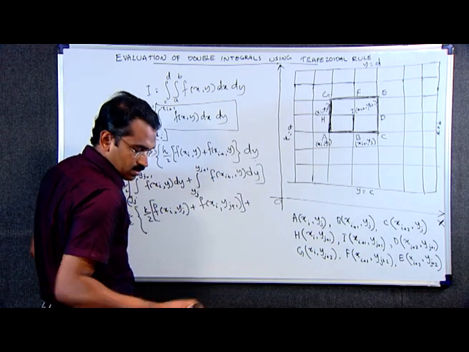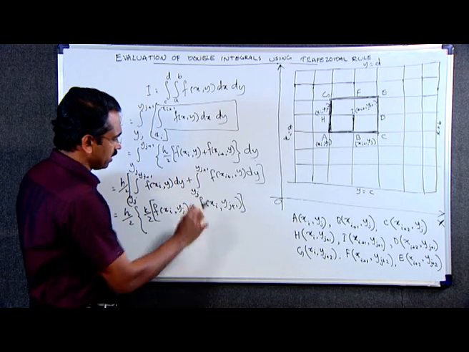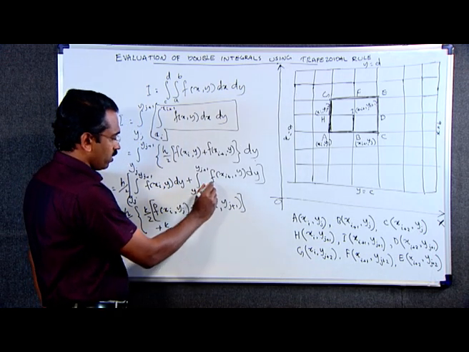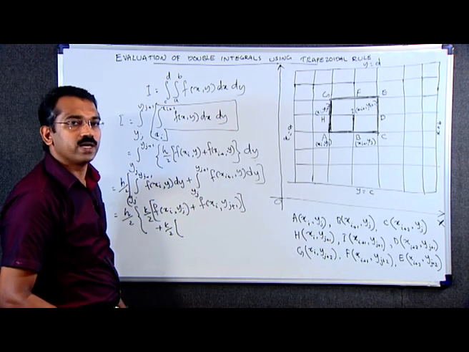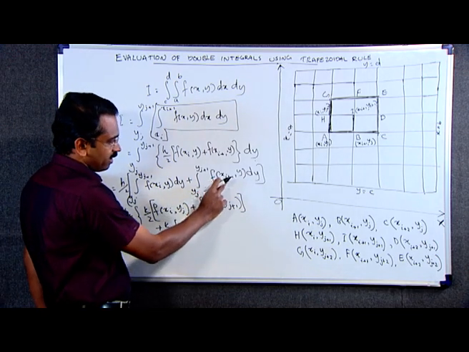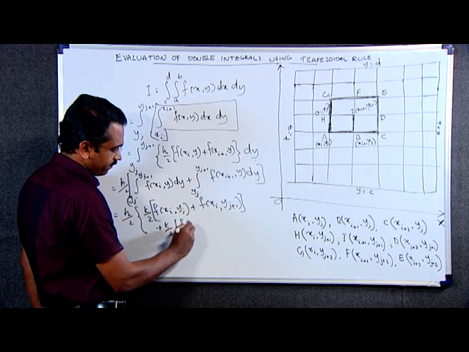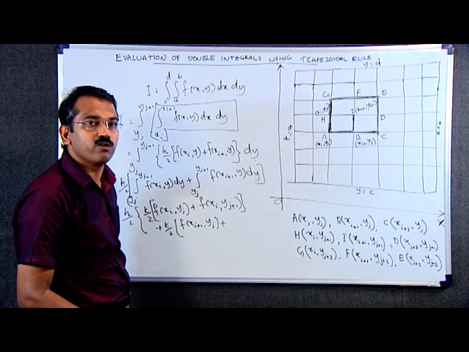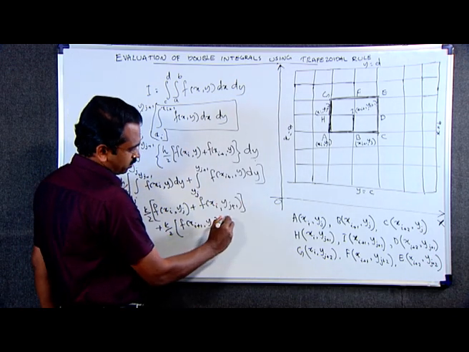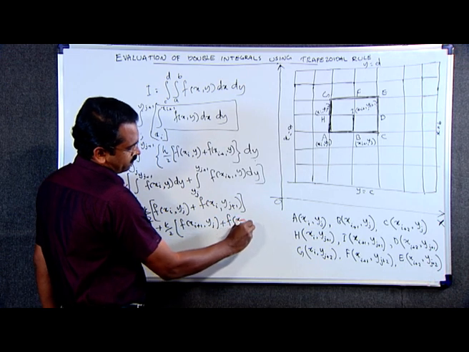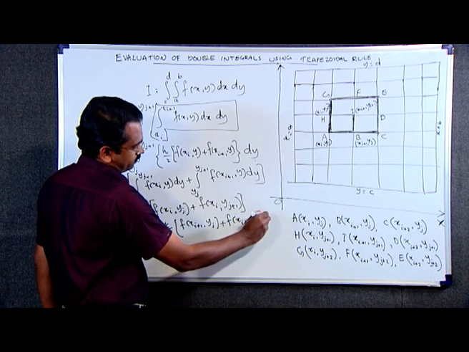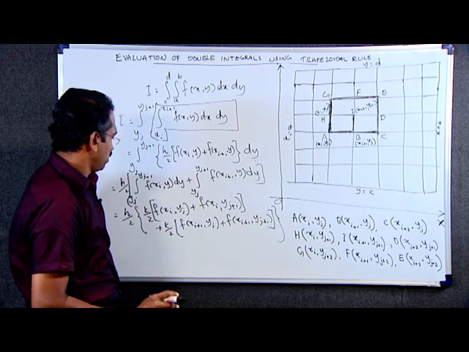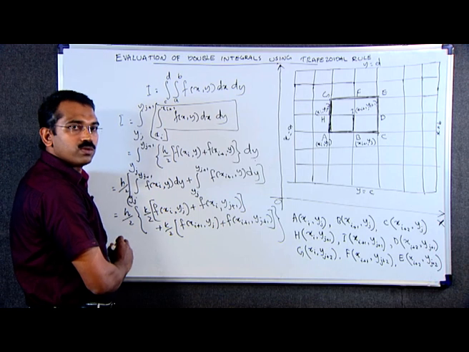We can write the value of this integral as k by 2 into f of xi plus 1 yj plus f of xi plus 1 yj plus 1. This h by 2 is common. This is equal to